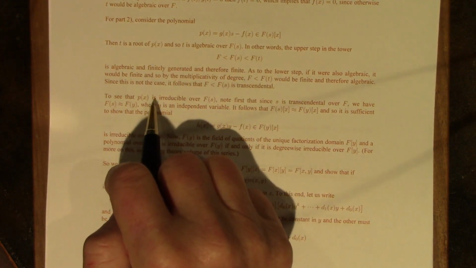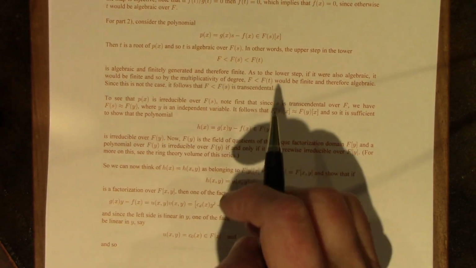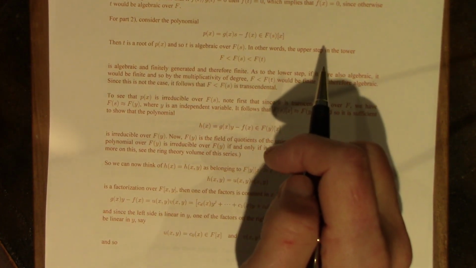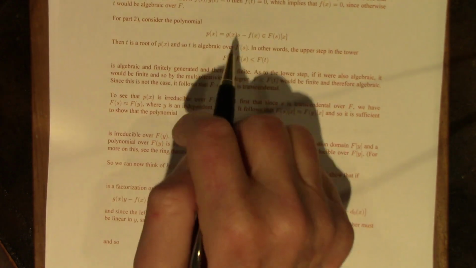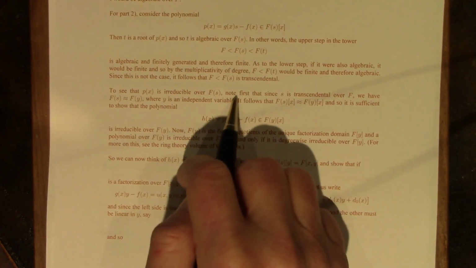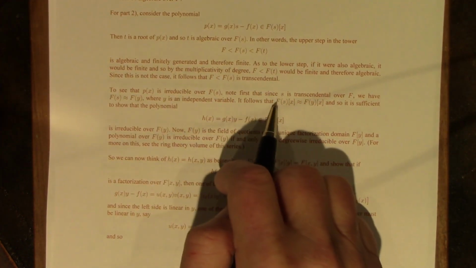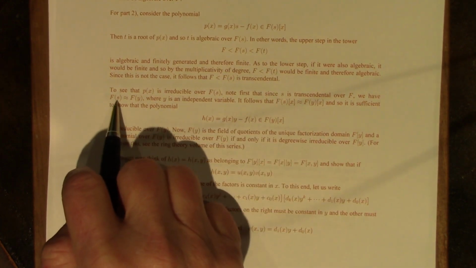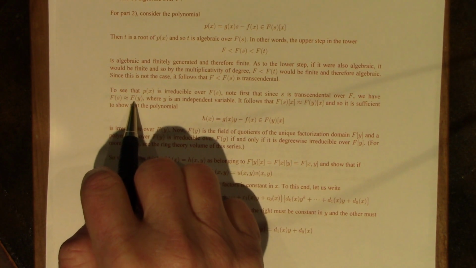To see that P of x here is irreducible over F with S adjoined, we need to do a little work. That will give us this degree formula. Okay. So first, note that since S is transcendental over F, F with S adjoined is isomorphic to F with Y adjoined,